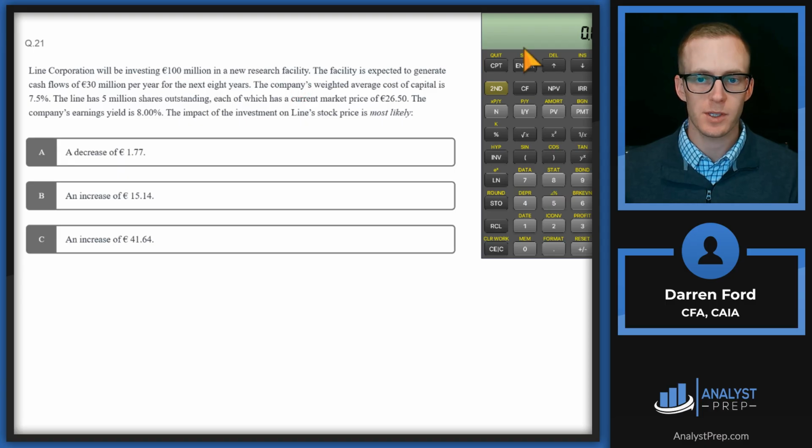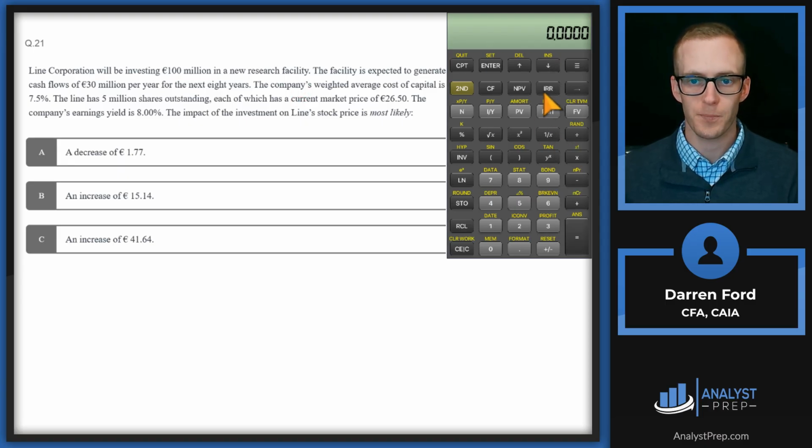The first one we're going to do is calculate NPV using our calculator, which is why I have this pulled up. So our cash flows function will go in here. We'll have a cash outflow of minus 100 million. Then we're going to have inflows of 30 for 8 years. So what's the net present value of this project? Make sure we don't have any other cash flows in there. We're good. Go to net present value. We'll discount at 7.5, which gives us an NPV of